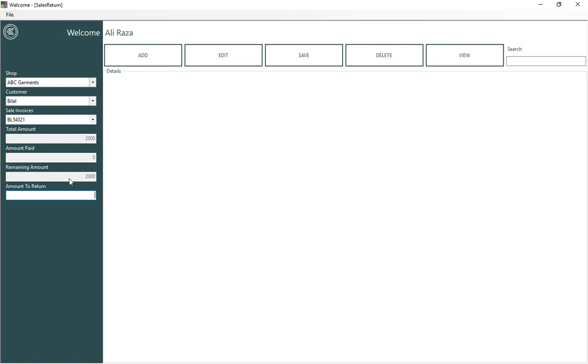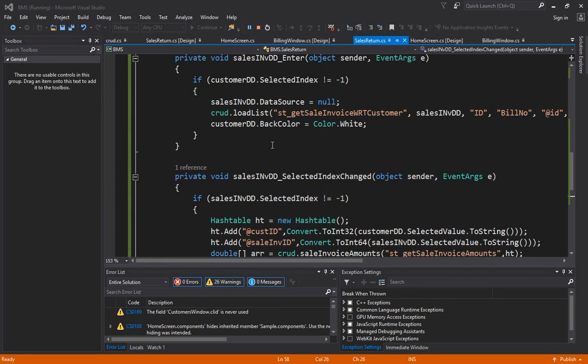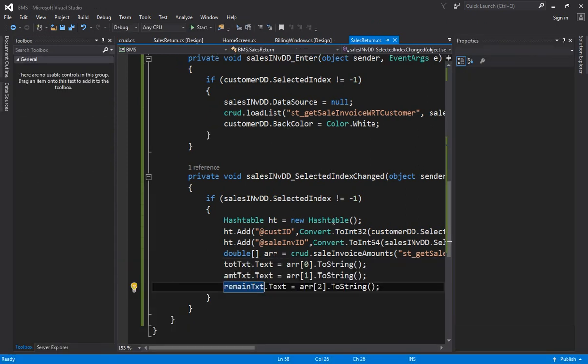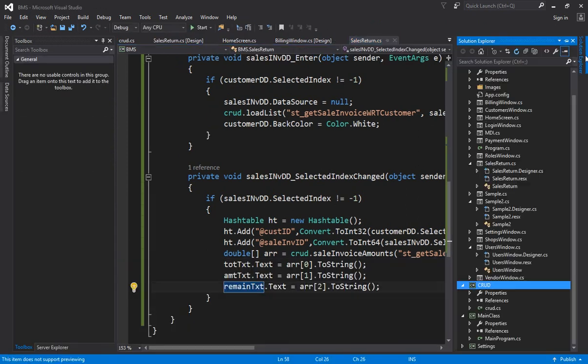Simple. I hope it is clear to everyone. So right now we have to do the further code for insertion and for the validation and all that I have mentioned. So let us go to the